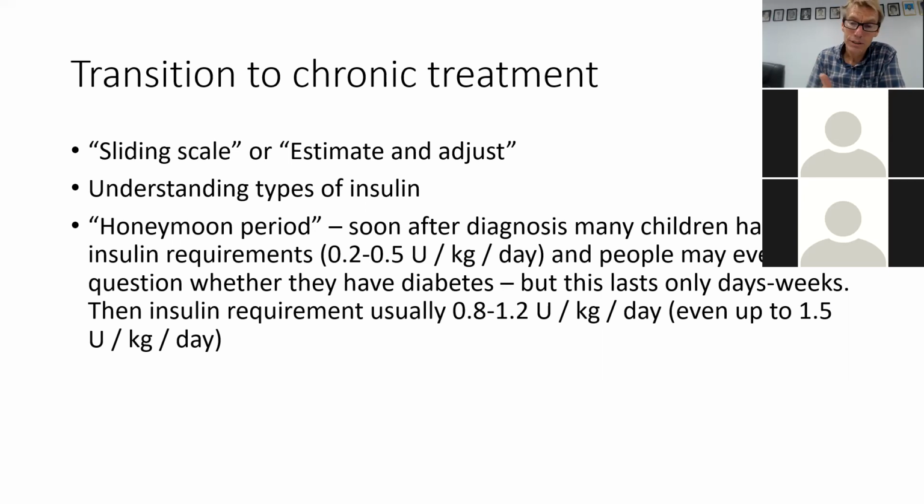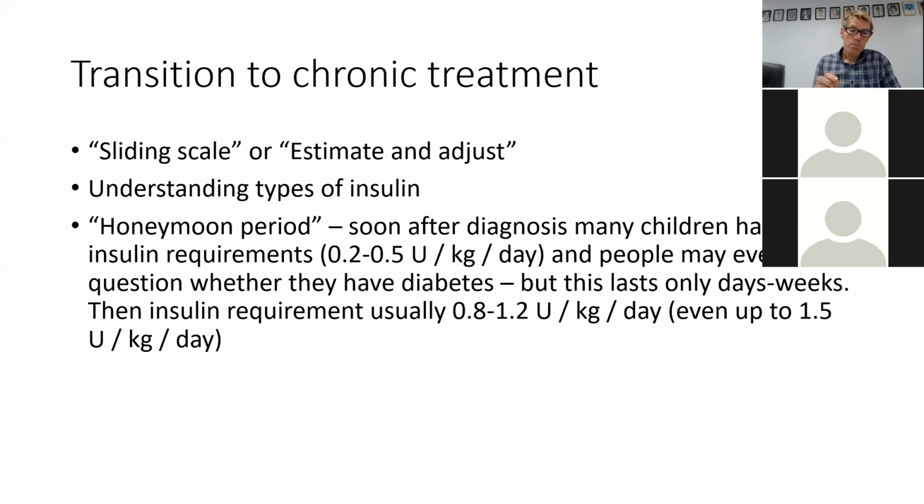And so one that's commonly available is called Mixtard, which is 30% short-acting and 70% long-acting. All right, I'll go through the insulin types in a moment. But I just wanted to make a point that some children with new onset diabetes have what's called a honeymoon